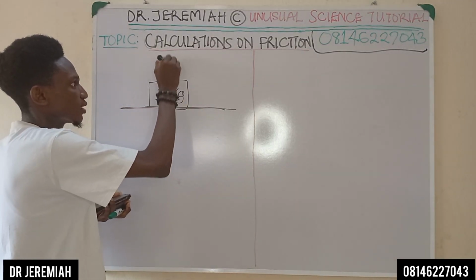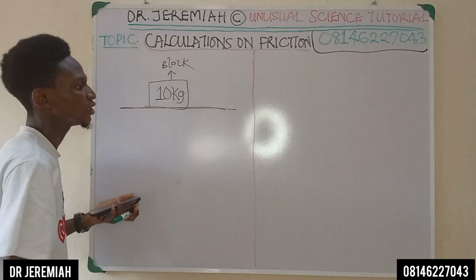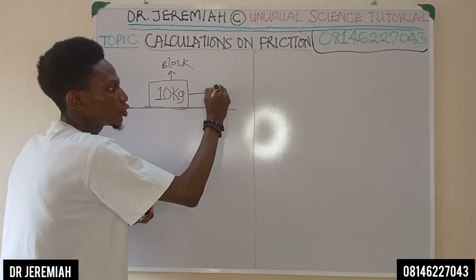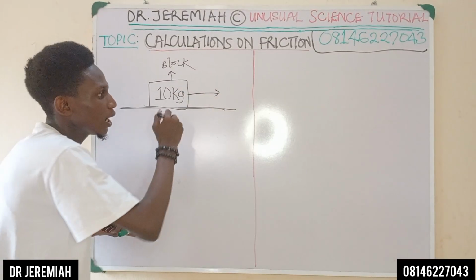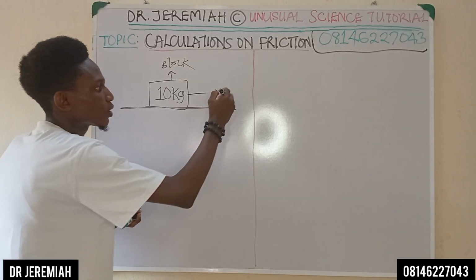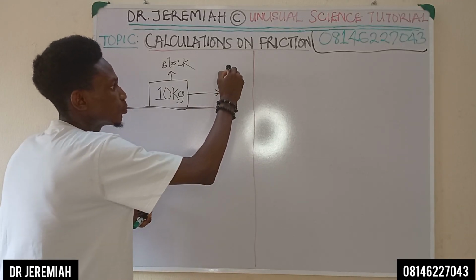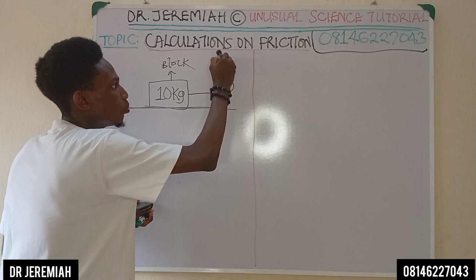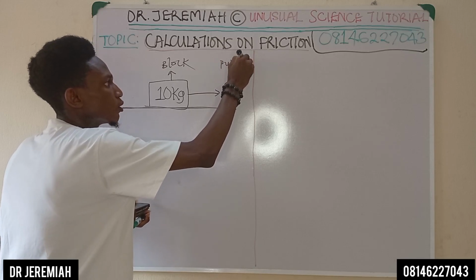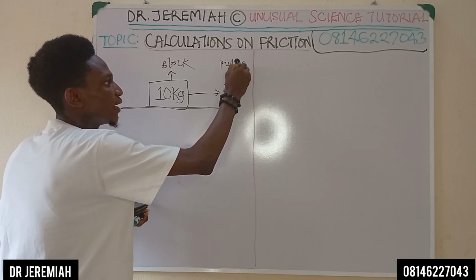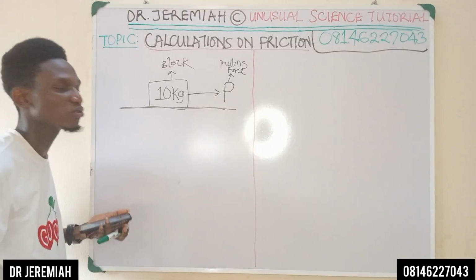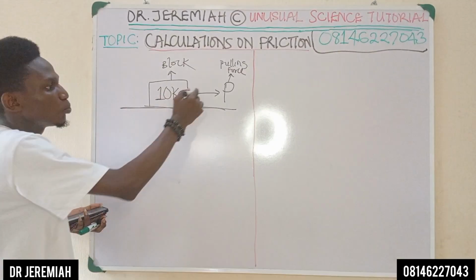This is the block of mass. Now, for instance, if I pull this block along this horizontal surface, I will call this P. That's the pulling force. I'm showing you why students find this thing problematic. It's not a difficult thing. Now, this pulling force,